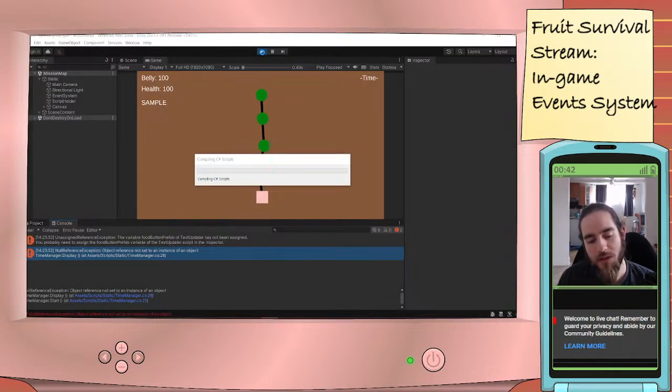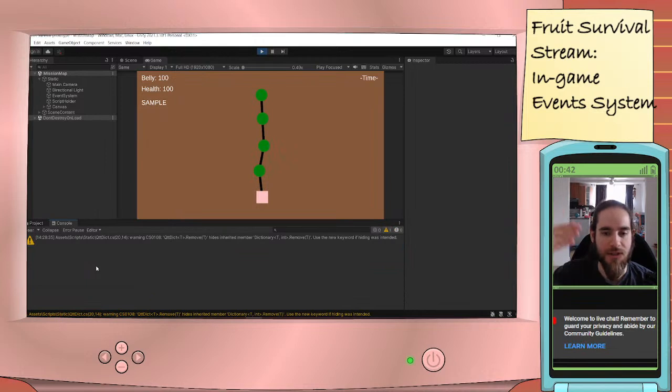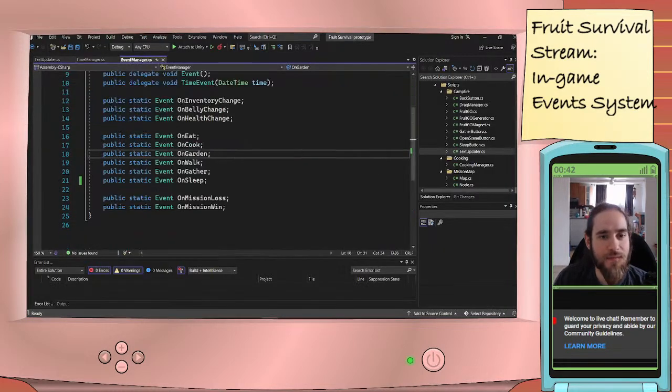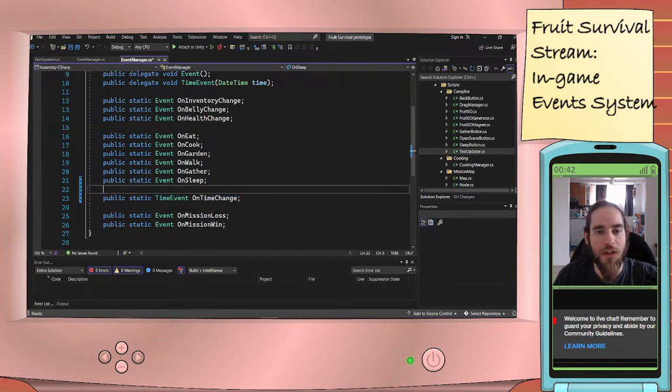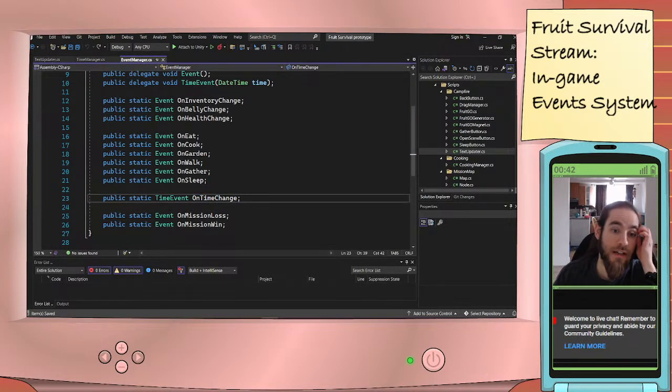Because the problem that was happening, I instantly knew what it was. It's just because the time management concept was in two different files, there's no guarantee that when you called, hey, display the correct time at the beginning of the game, nothing guaranteed that the event for updating the time was actually added, right? Because here there was the on time change event, like this time event,